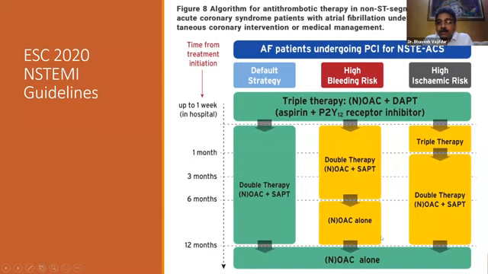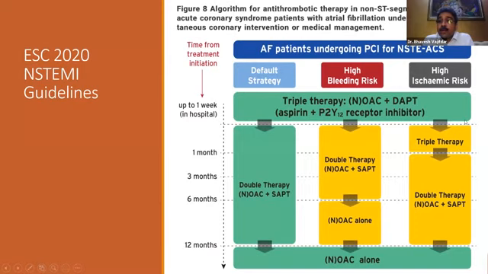And beyond 1 year, of course, everybody, once the patient is stable for 1 year, there is no role for any antiplatelet in these patients. You can continue only a NOACS. You can stop aspirin, you can stop clopidogrel, you can stop all antiplatelet drugs. You can only give them either dabigatran or rivaroxaban or apixaban or whatever.